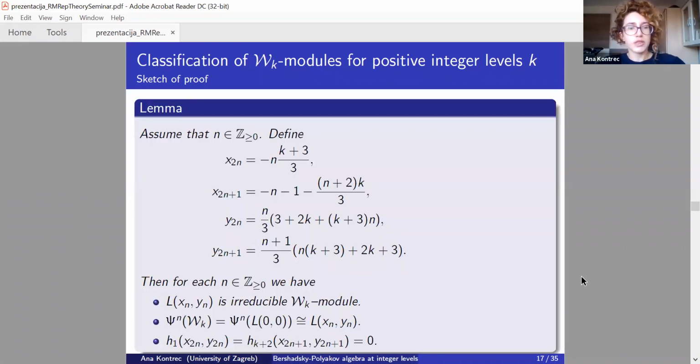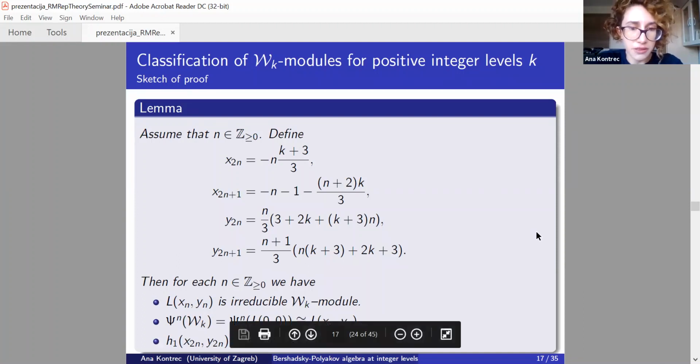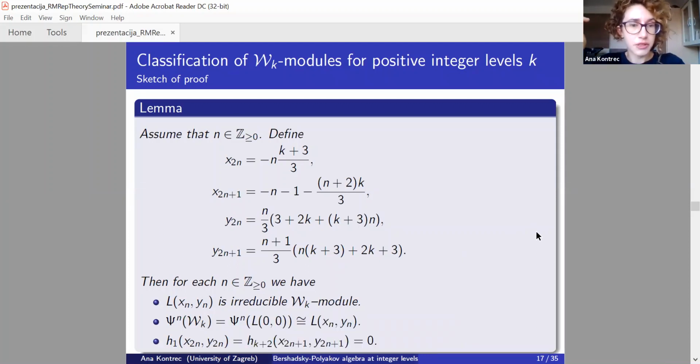So basically we start from L00, and then using that symmetry result, we compute just how these next points need to look like, and we obtain this recursive relation for which it holds that